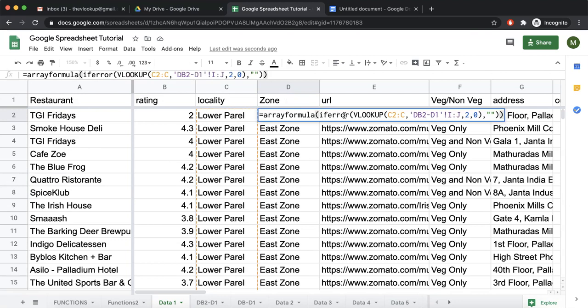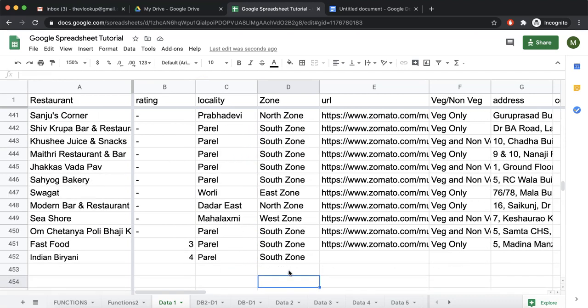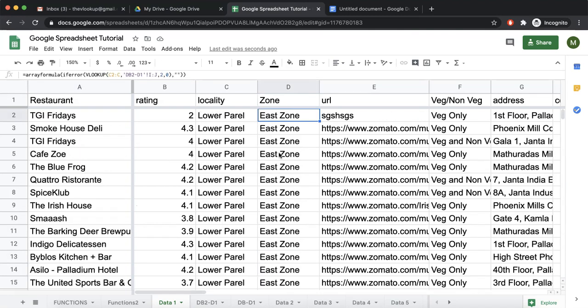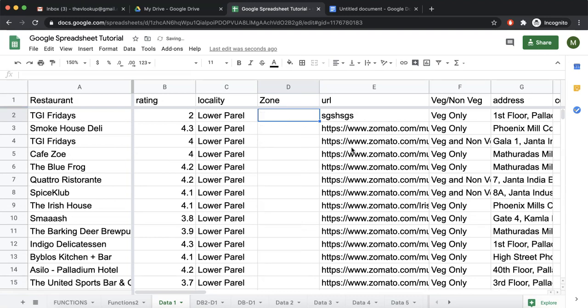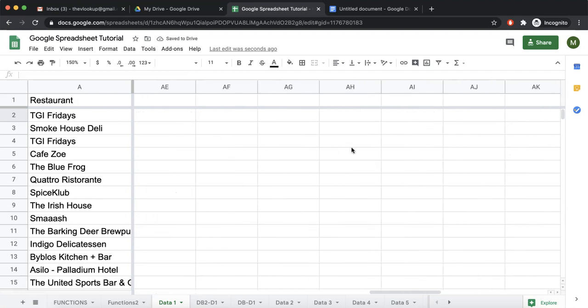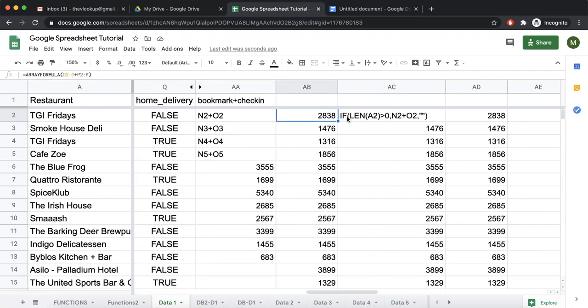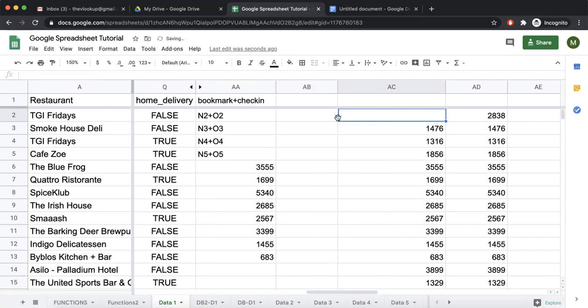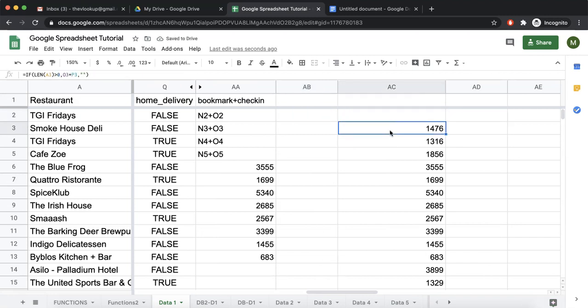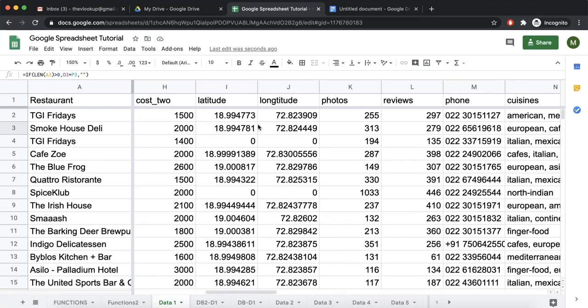So instead of IFERROR, we could have written if length of A2 to A is greater than 0, then do this, else blank. So automatically when the system would have reached here, it would have checked that the length is not greater than 0 and print blank. There is one issue in this case, and let me first delete this or we'll mess up the things. Let me also delete this as of now. I request you to write the function yourself and practice it.